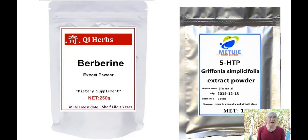And okay, as I said, we discussed berberine last time. I ordered it from China, from AliExpress. It's not for advertisement. I didn't get it yet. I don't know what the quality is. Sometimes with supplies from China, you are getting something strange. Like recently, I ordered and paid, and I got this